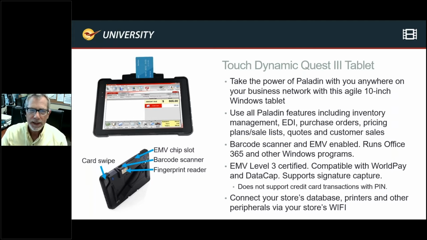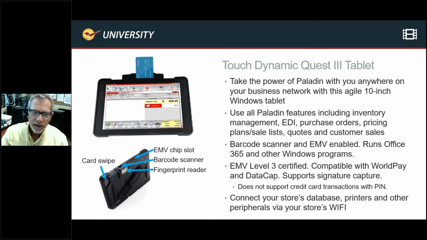But it has a couple added features. It has a built-in scanner. It has a built-in credit card swipe and dip. So you can take EMV-enabled cards. And if you are on the old unencrypted, 3-piece or 2-piece system where you have a separate pin pad and a separate swipe, and it's going through the little strip, you'll have to upgrade to EMV before you can add this particular one. So that's one caveat.